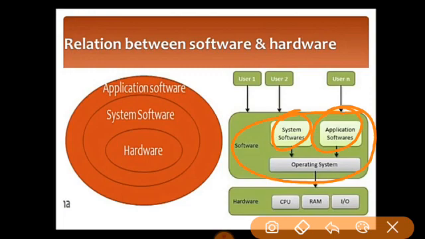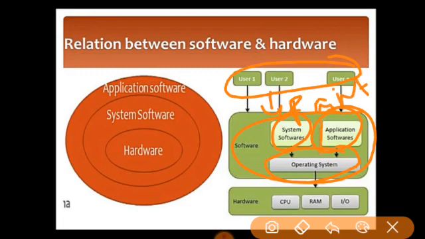System software will have this operating system, which acts as a mediator between the user and the computer, and whatever we are asking will be fulfilled. Let's say we are the user sitting in front of a system, and I open Paint. Paint is one of the software. Then when I save something, it will go to the CPU memory for saving the work I have painted.